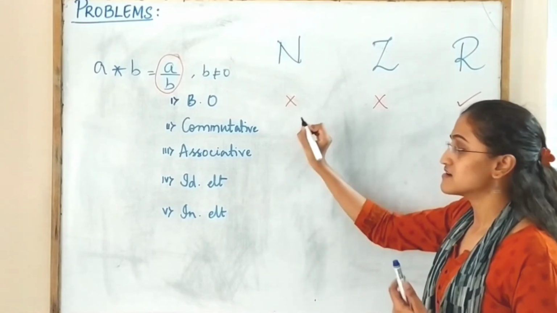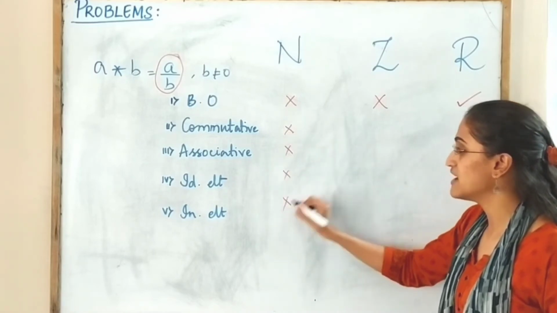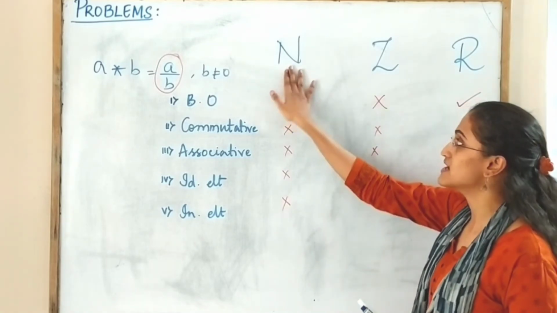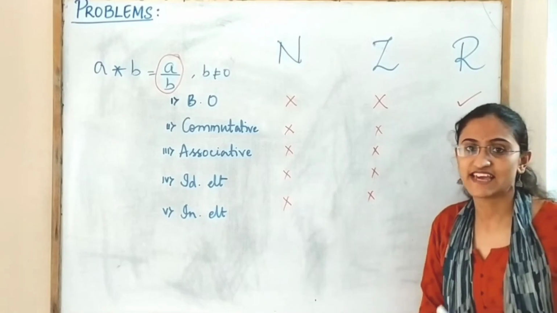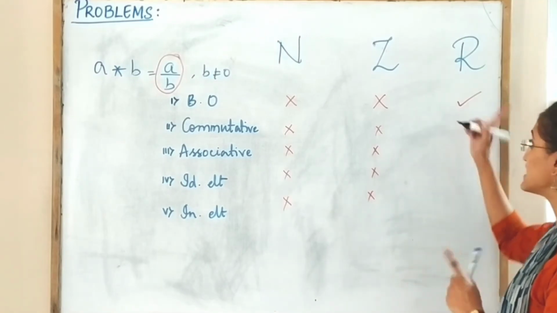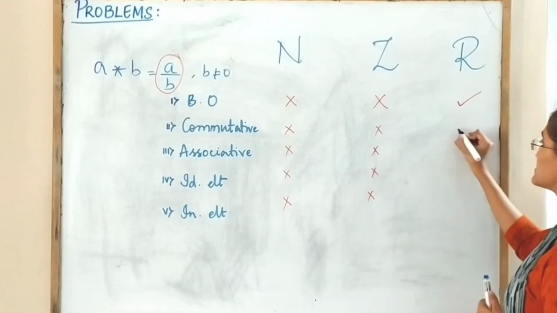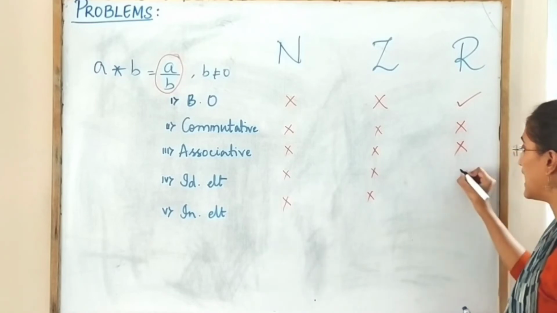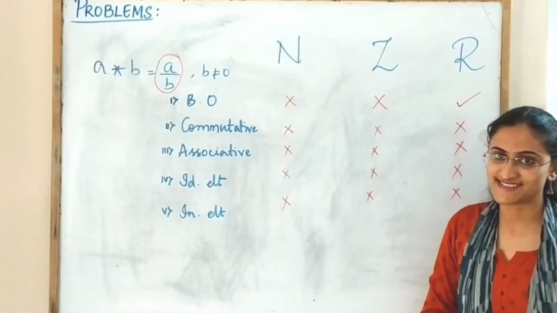And also you can clearly notice that it will never be commutative or associative, and neither identity element nor inverse exists in both the natural number set and the set of all integers. In the same pattern, you can conclude that in the set of all real numbers, the operation a by b is not even commutative, does not satisfy the associative law, and identity and inverse elements also do not exist.